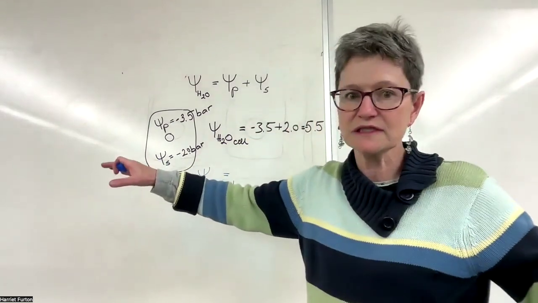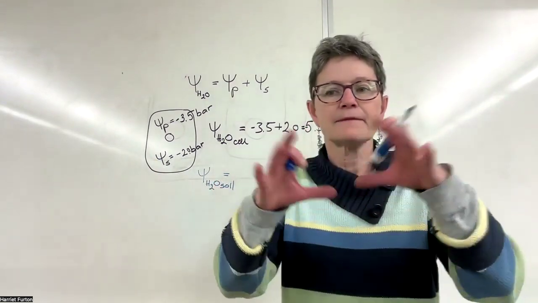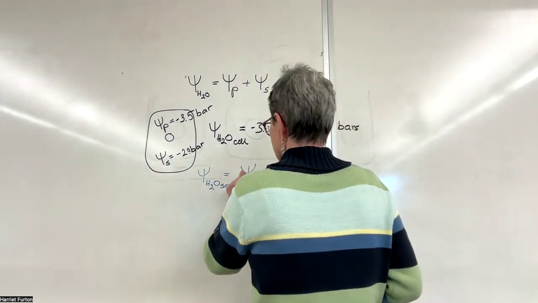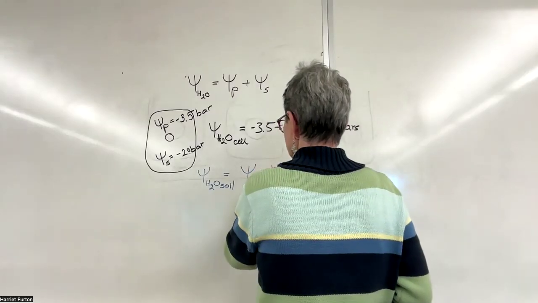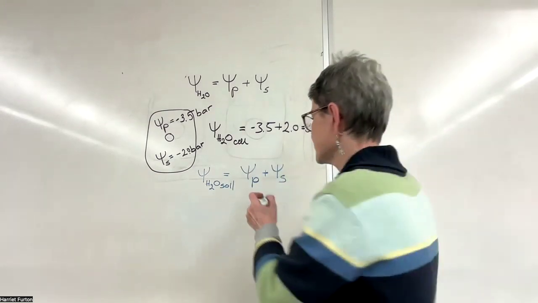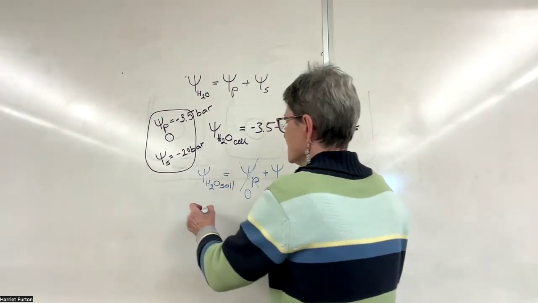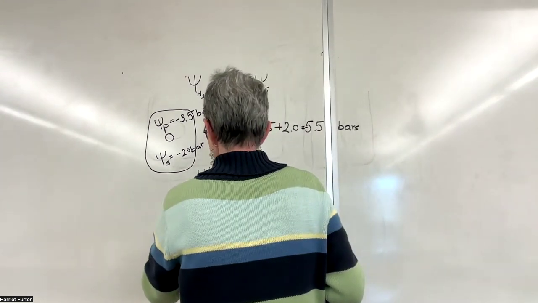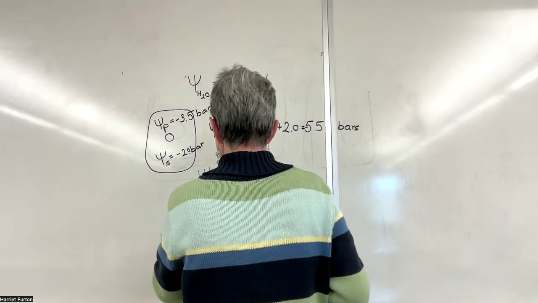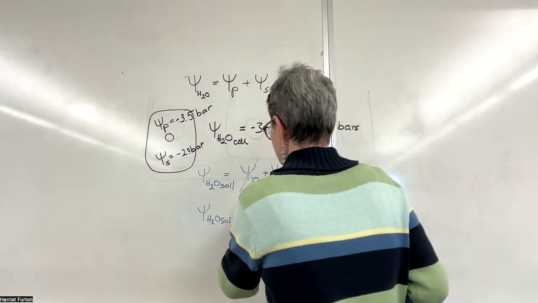Let's say this is a root cell of a plant. So the water potential of the soil is its pressure potential plus solute potential. There's no pressure because it's not in a closed container, so it's going to be 0. Now, the water potential of the soil is going to be 0 plus